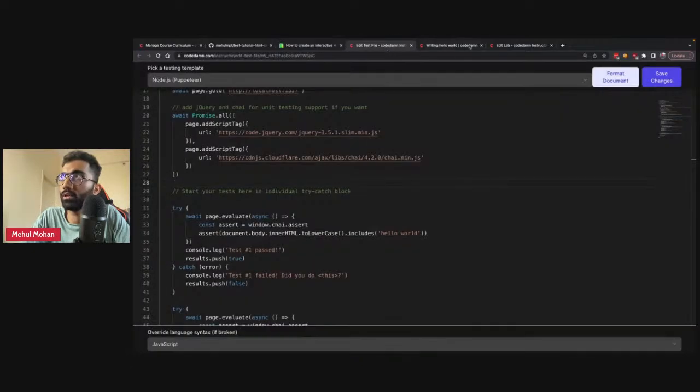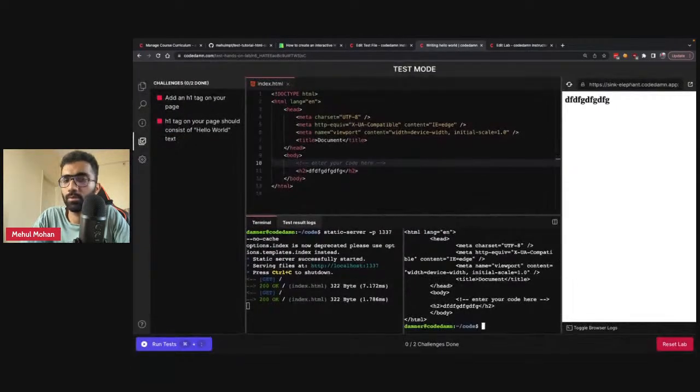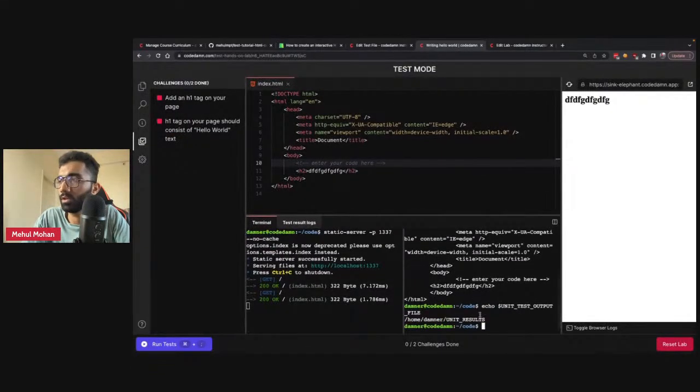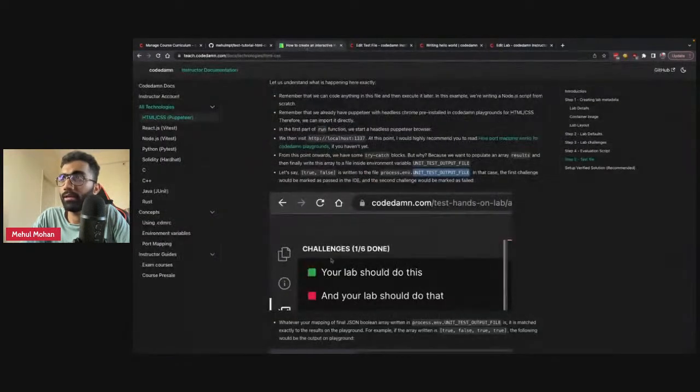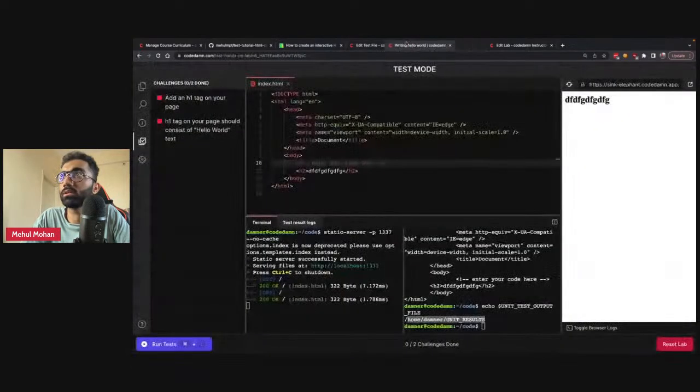Again, let me show you this inside a terminal. If I echo this variable, you see this is actually a file path, home/damner/unit results. If you write true, false as a boolean JSON array inside this file, this would directly map to the results, to the challenges we have on the page.